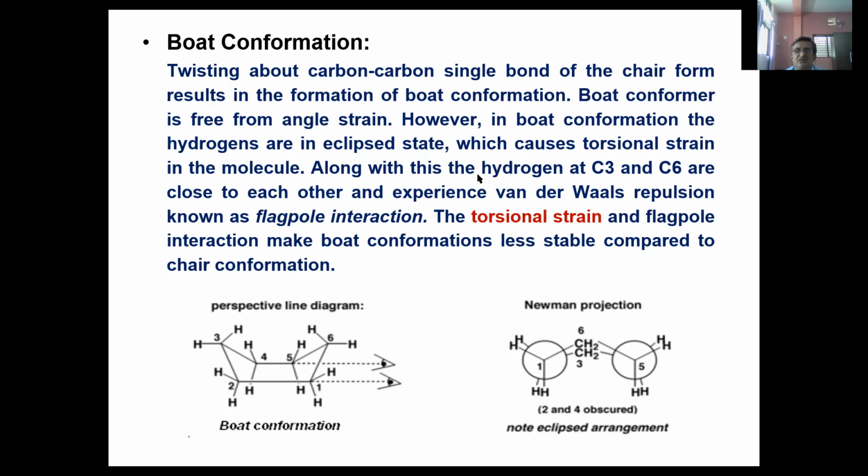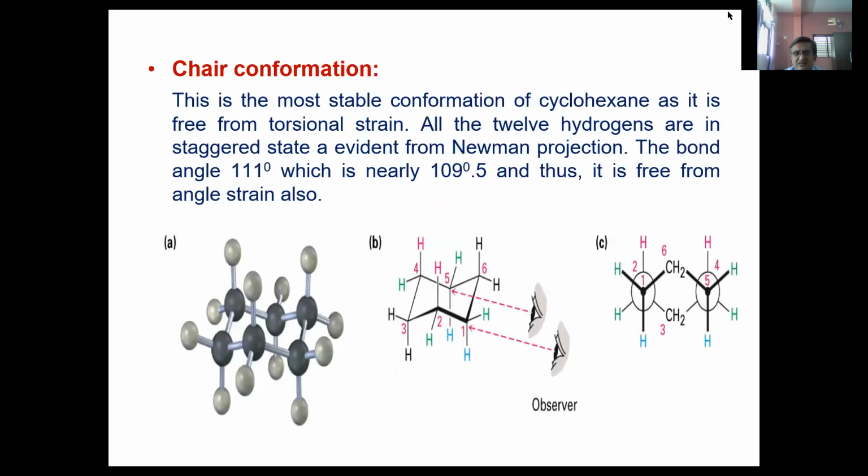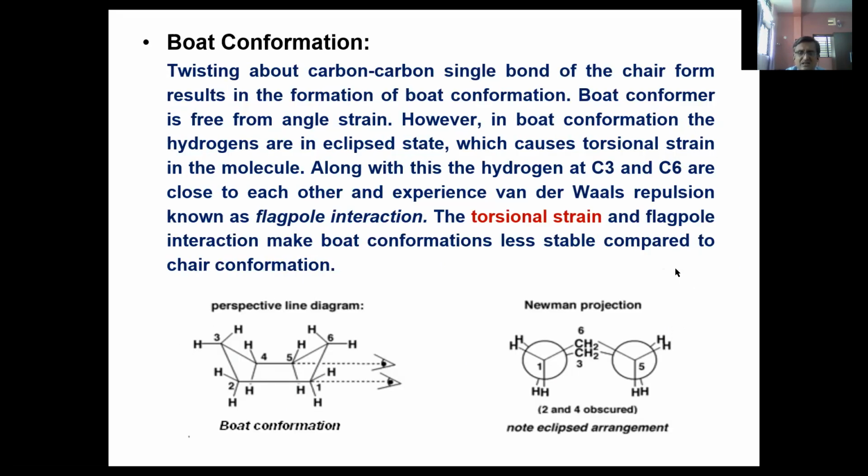Along with this, the hydrogens at C3 and C6 are very close to each other, but in the previous case you can see they are away from each other. In the chair conformation, C3 and C6 are away from each other, but here every atom is in the eclipsed conformation, even including this methylene group,